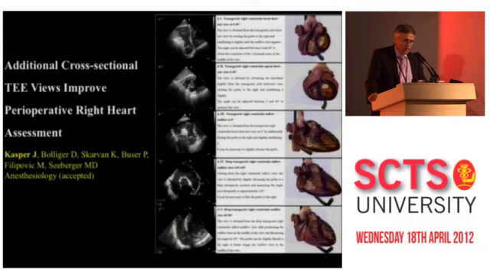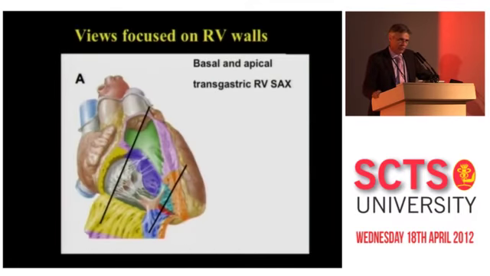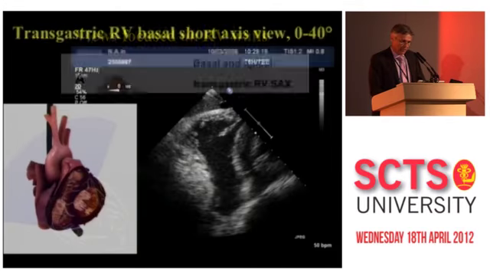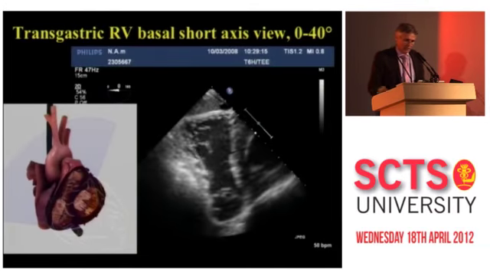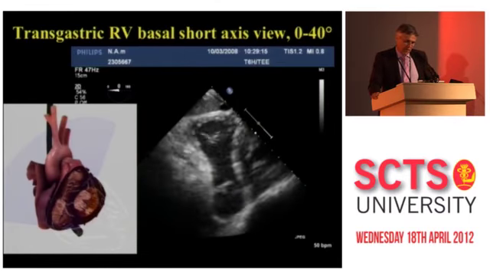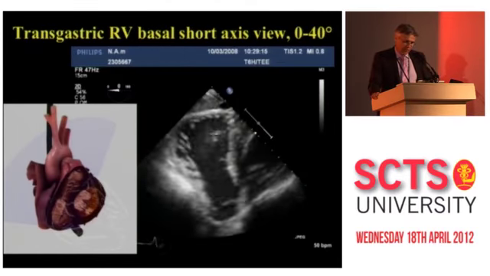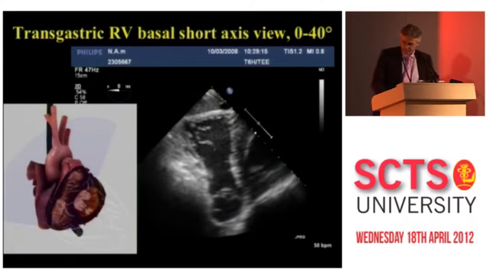We studied a number of additional cross-sectional views for assessment of the right heart, and now I will go into those 2 views that help in assessing right ventricular walls. These are the transgastric right ventricular short axis views on the basal level, going from the tricuspid valve to the pulmonary valve, and on the apical level. So here you see an image, an echo image, and a picture that was provided by HeartWorks. You see